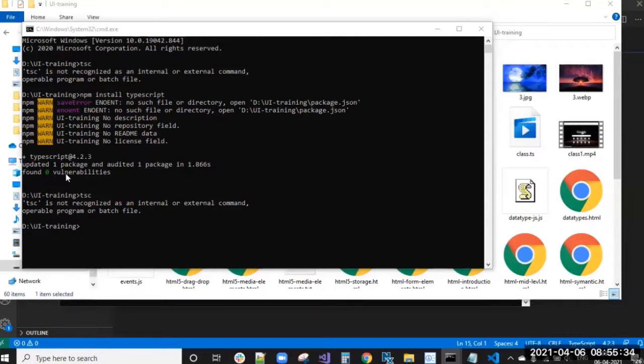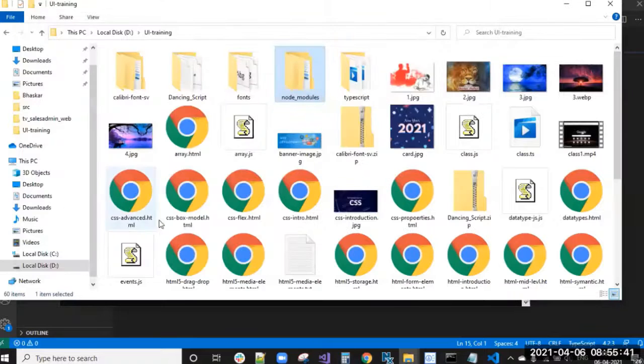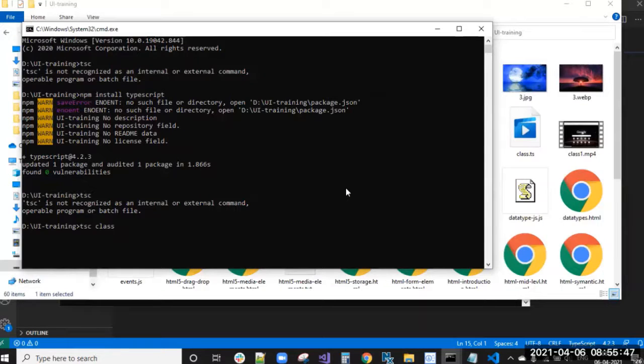No, that is not the case. You can take any file with tsc. Compiler is not it.